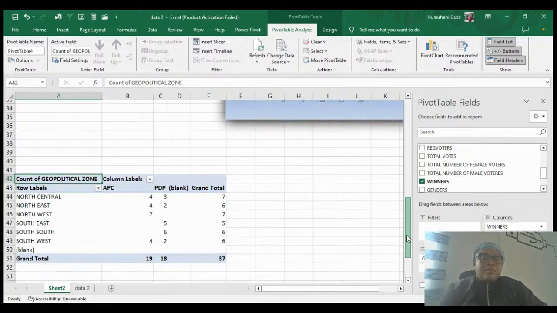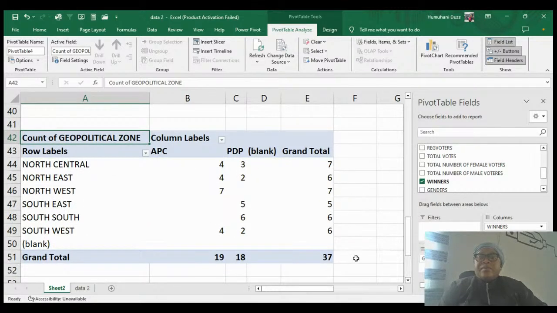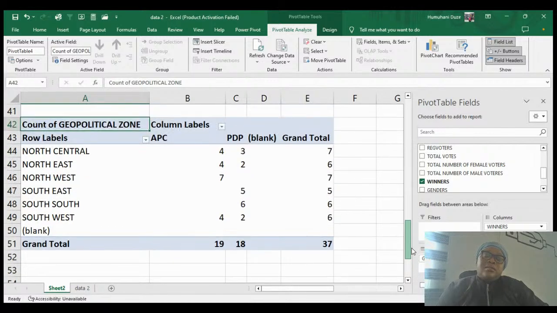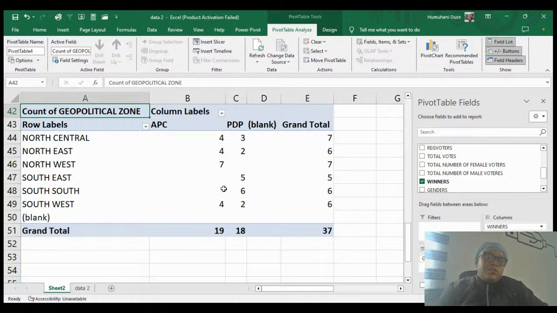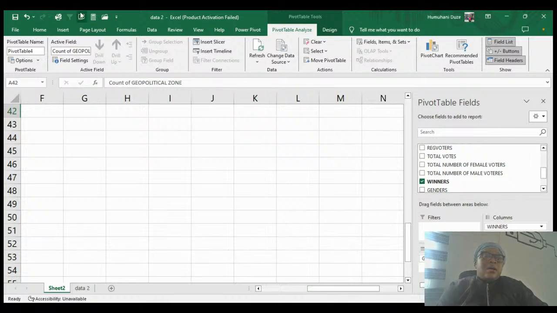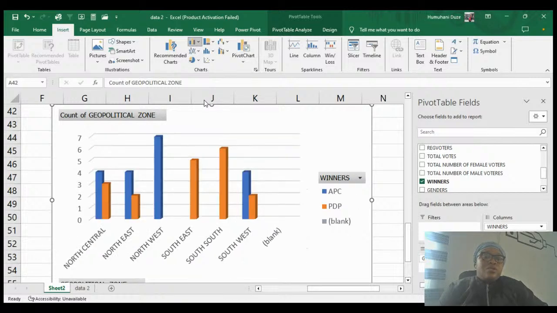And make it down. So here now what we have, let me just show you so you can see. On the rows we have the geopolitical zone, then we have the geopolitical zones as the value of the rows. Then we also have the winners here. So now this is showing us the number of winners we have from each geopolitical zone, the political party that has the highest and all that. So to better understand it, let's represent it in our charts. I think the next we're going to do is a third chart so that we can work with